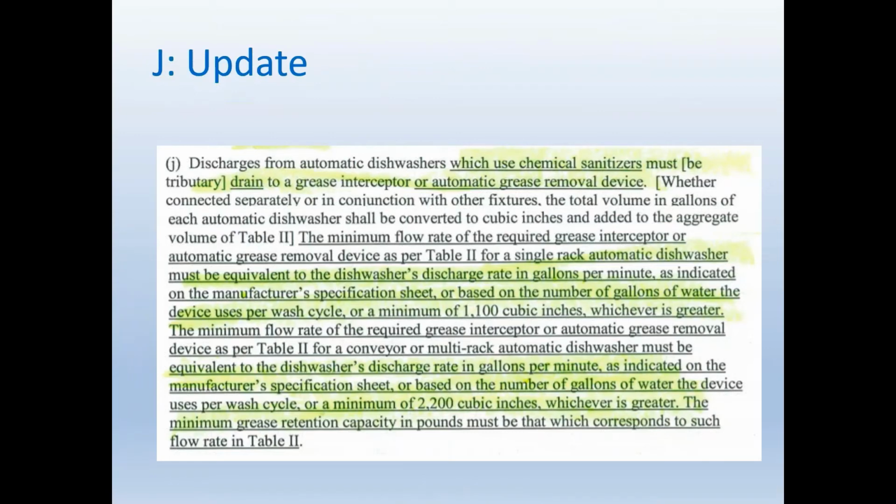New way, discharges from automatic dishwashers which use chemical sanitizers must drain to a grease interceptor. So remember the old way, they did not want to see chemical sanitizers connected, where the new one says, yes, it should be. And so you'll look here as well, guys, the minimum flow rate of the required grease interceptor device as per Table 2 for a single rack automatic dishwasher must be equivalent to the dishwasher's discharge rate in gallons per minute as indicated on the manufacturer's specification sheet based on the number of gallons of water